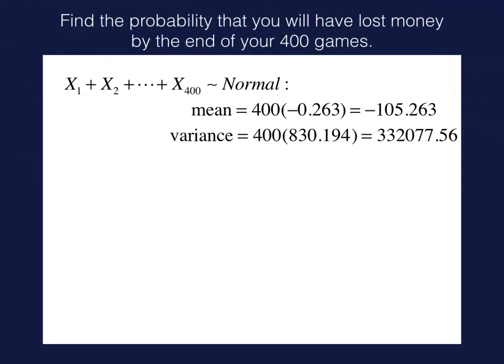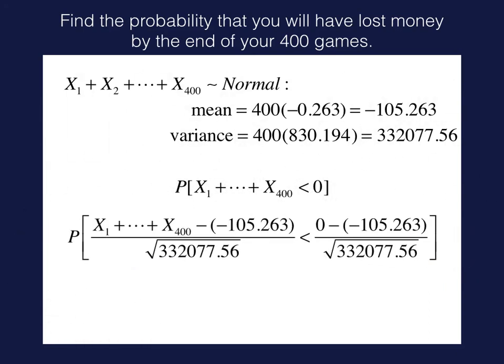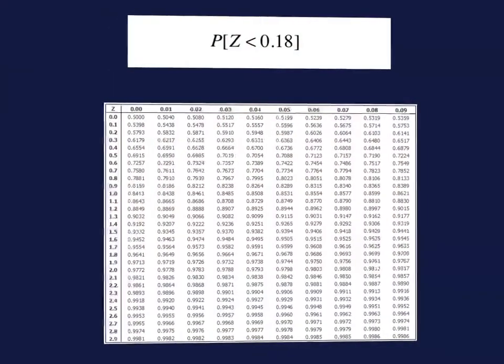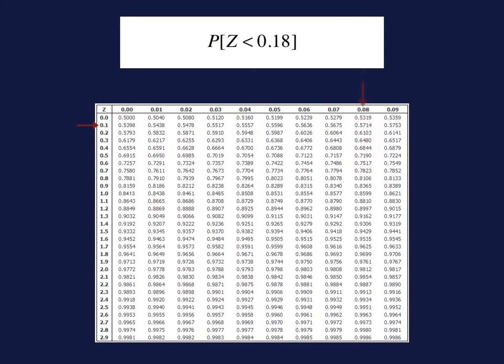But moving on, I want the probability that by the end of all of this that I will lose money. And I'm not going to worry about any kind of continuity correction. Technically, my money goes up and down in increments of $5. But I'm just not going to worry about it. I want the probability that the sum is less than 0. So subtract the mean from both sides, divide by the SD. This is the probability that z is less than 0.18. Go to the z table, and the answer directly is